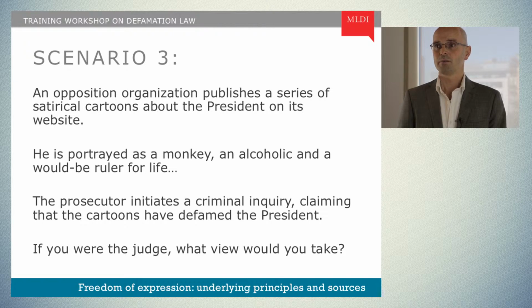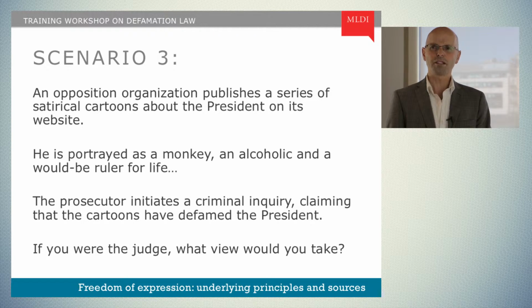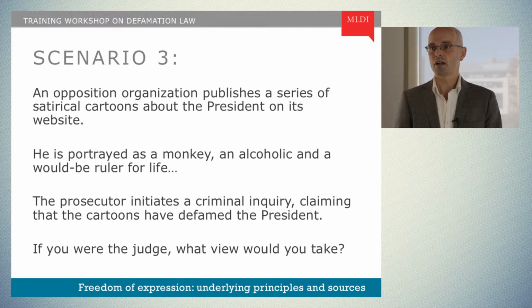The first question will depend on the laws in force in the country, but let's assume that it is a criminal offence, as it is in many countries, to insult the president, or to insult anyone for that matter. Assuming that the laws in this are clear, that then clears the first hurdle. But what about the second question? Does a restriction like this pursue a legitimate aim? Do you have a right not to be portrayed as an alcoholic? If not, what other legitimate aim would be served by the prosecution? Maintaining national security? Any other legitimate aims? This question would need to be very carefully considered.